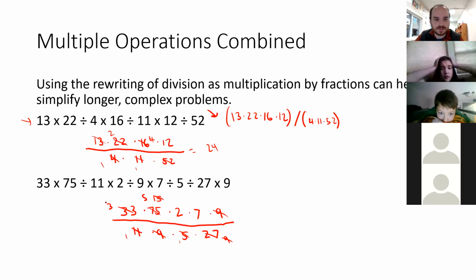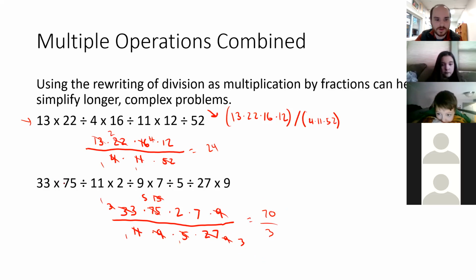And then this and this can cancel to 1 and 3. So you put it in parentheses? Yeah, I will in just a second. So you end up with 70 over 3. But the point is, you can use this to get through this multiplication problem a lot faster without actually having